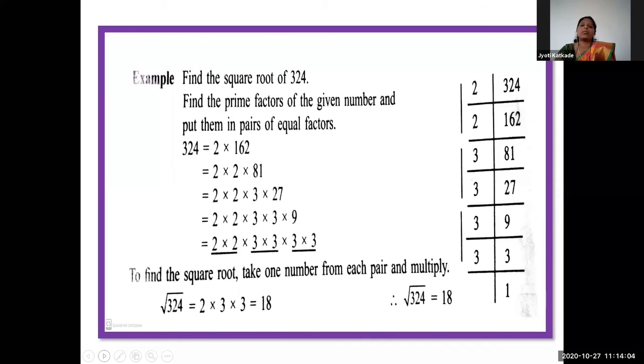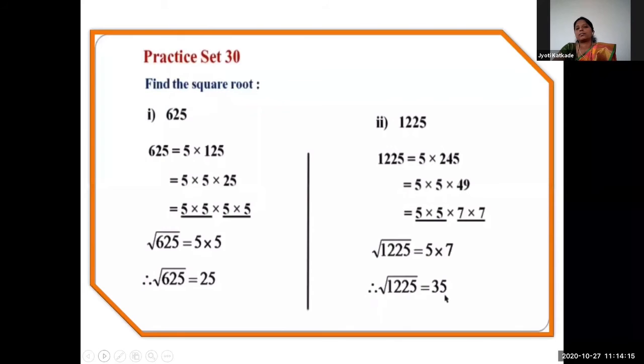Okay. Do all of you understand how we can find the square root? See the example from the practice set, you can understand it. First example, 625. Okay. Now find the lowest prime factor. 625 is not divisible by 2. You know the rule of 2: at the unit place there is 0, 2, 4, and so on. These numbers are not there. Then again 3, it's not divisible by 3 also.